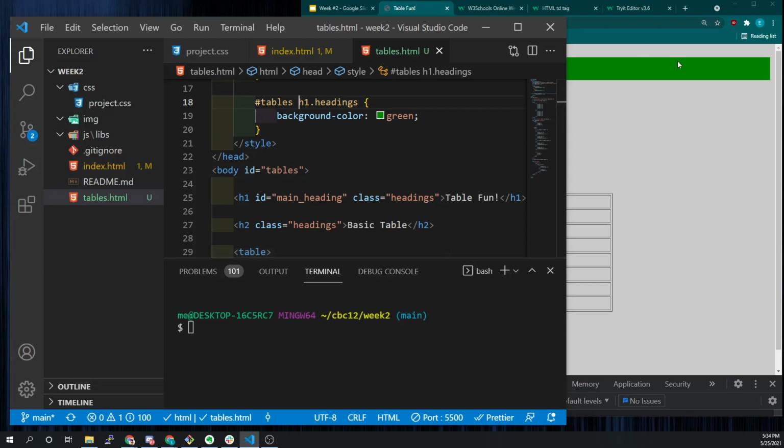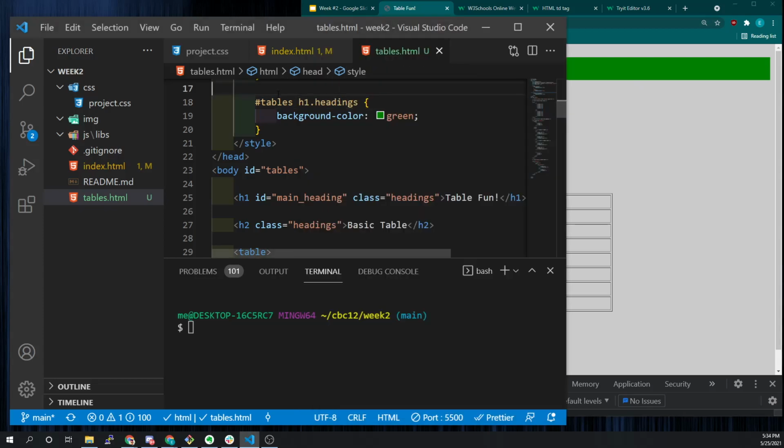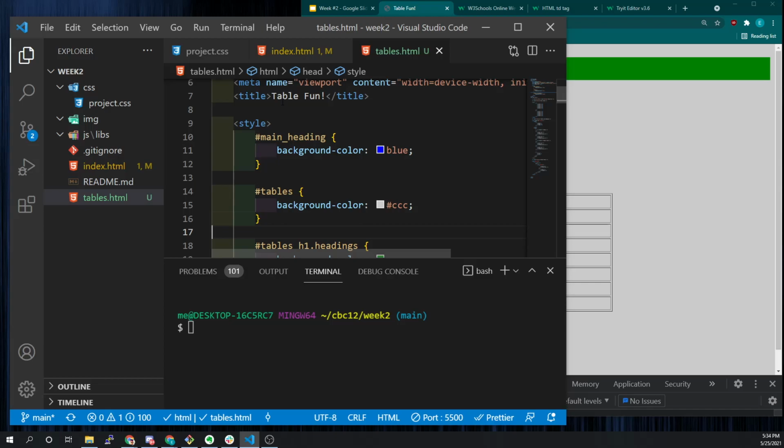I want to make it green, and you noticed in the background it changed to green because we're now more explicit in who we're talking about than just referring to it by ID. So that's one of the cool things about CSS, and that's really what makes it cascading, right? We can set up all these rules from like, make my background light gray, all the way down to like use this font, and then as we get into individual elements on the page